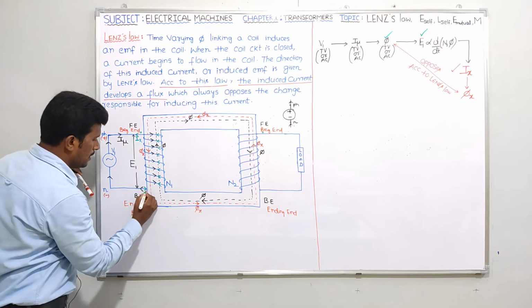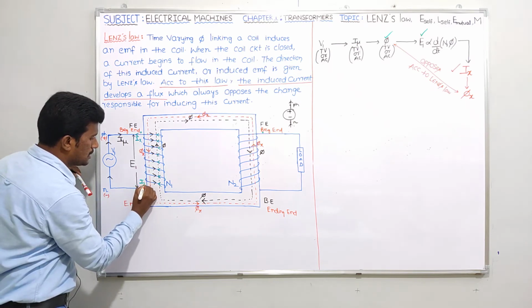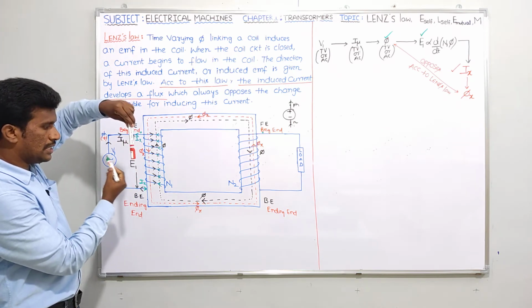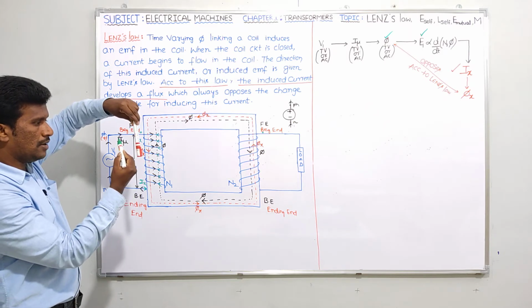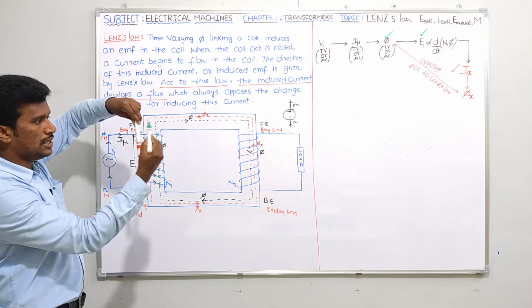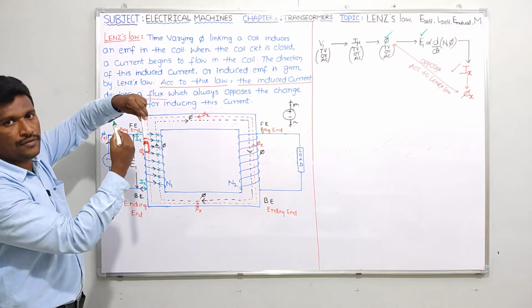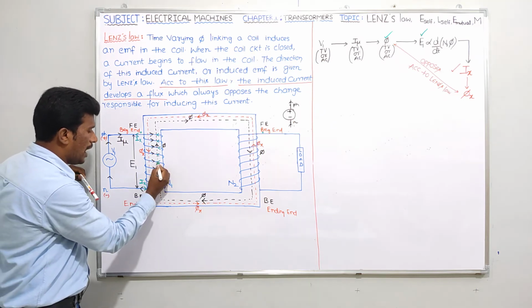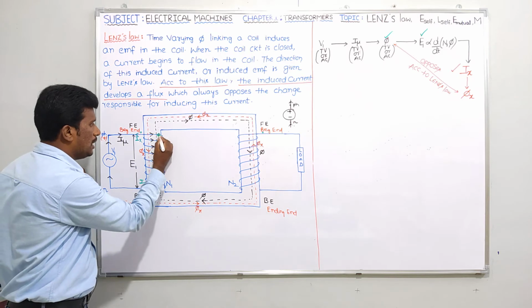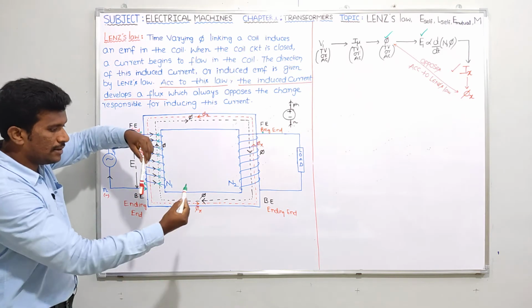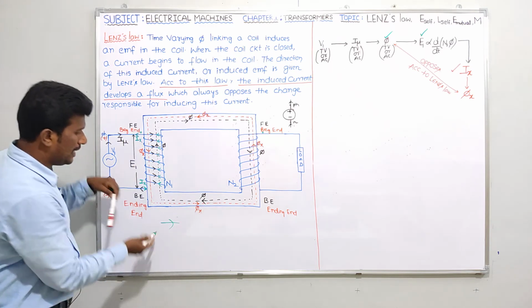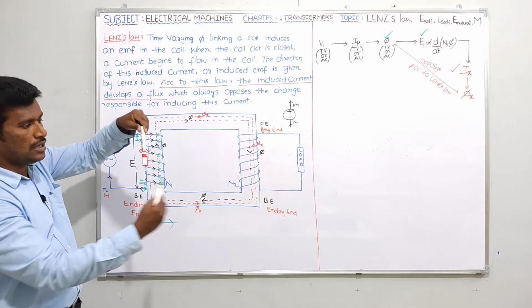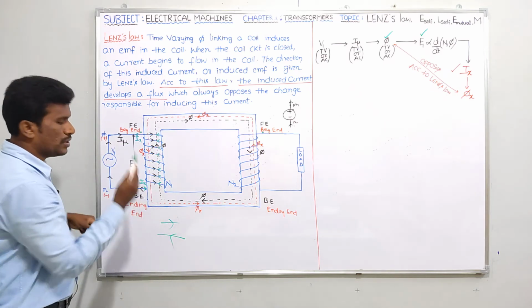IX. This is a green color, nothing but IX. Please try to understand. This IX is going like this. It is entering at the back side, leaving at the front side, entering at the back side, leaving at the front side, like this. This arrow mark indicates the direction of IX at the front side only. At the back side it is entering, and the arrow mark should be like this, but I cannot show that from the back side. It is entering at the back side, leaving at the front side, and leaving at the front side it should be like this. This only I am showing here.